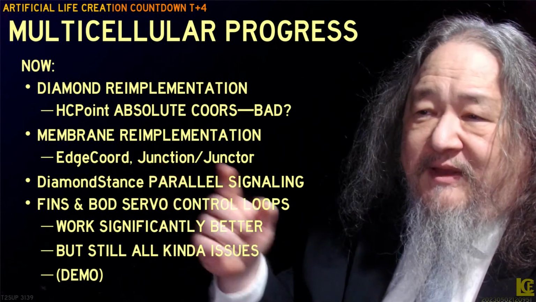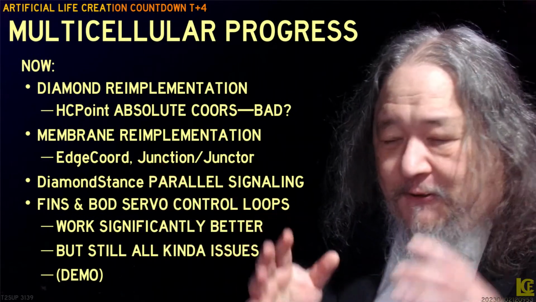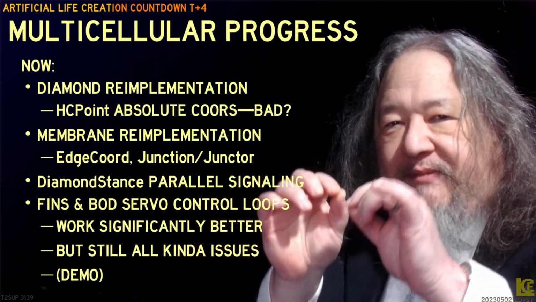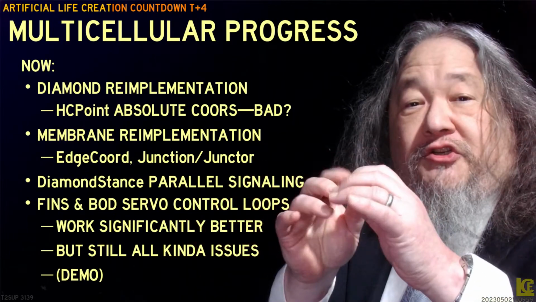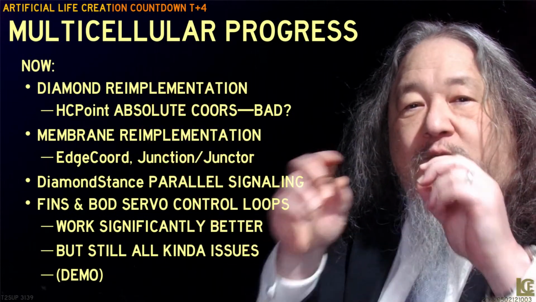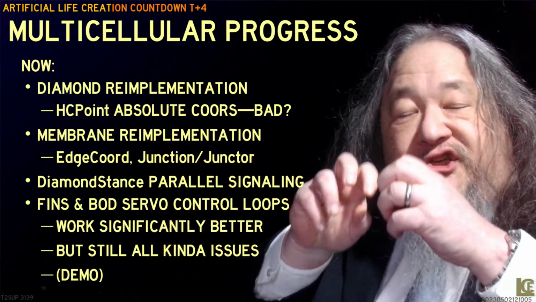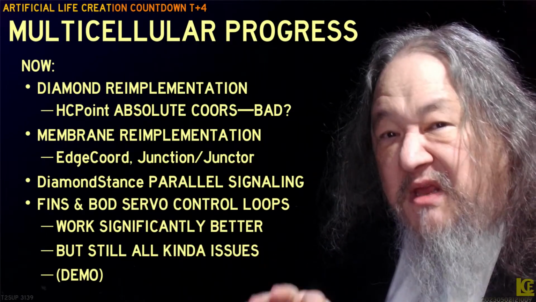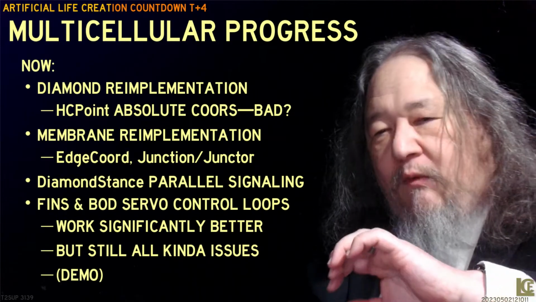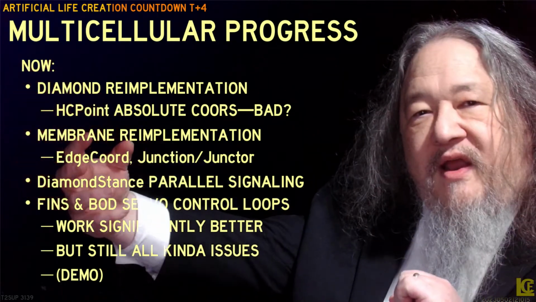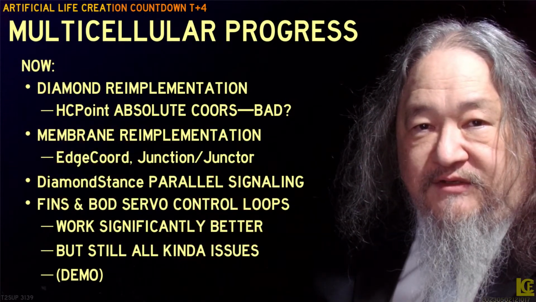I used it some. I re-implemented the membrane, and in particular, instead of saying we're going to take all our information and ship it to the center, and then it's going to decide, oh, we've got an edge over there and an edge over there, we should do this, instead, we're going to make these junctions. We're going to distribute the information back to the edges or somewhere in the middle of the diamond, saying, I want to have a fish fin junction on this side, and over on the other one it says, I want to have a fish bod junction on this side.